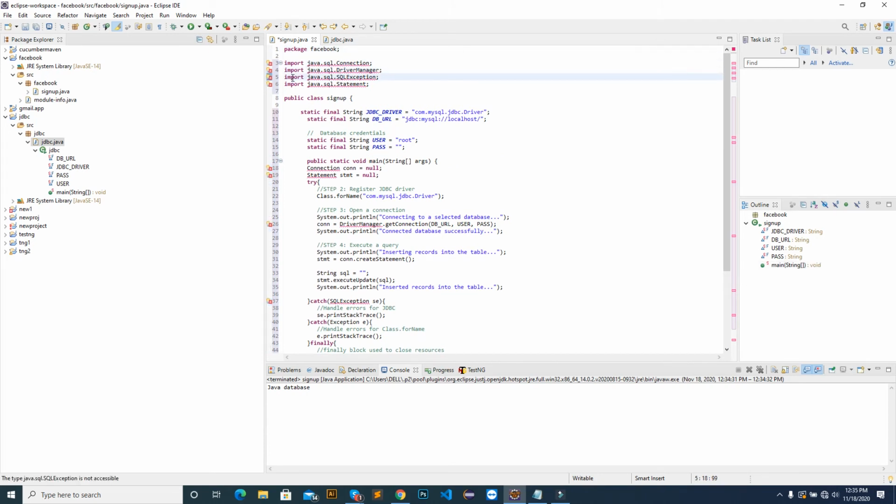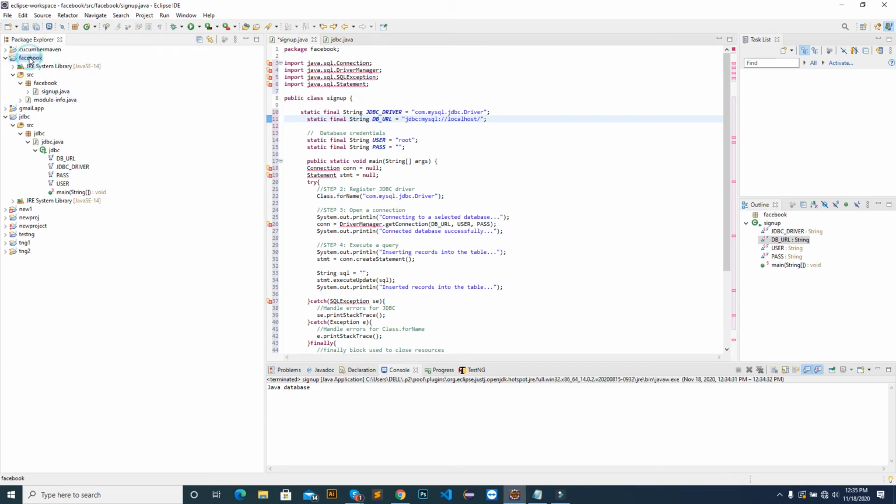You see this is called create class connection package. This is the error. Why? Because we do not have SQL driver. So we will insert MySQL access.